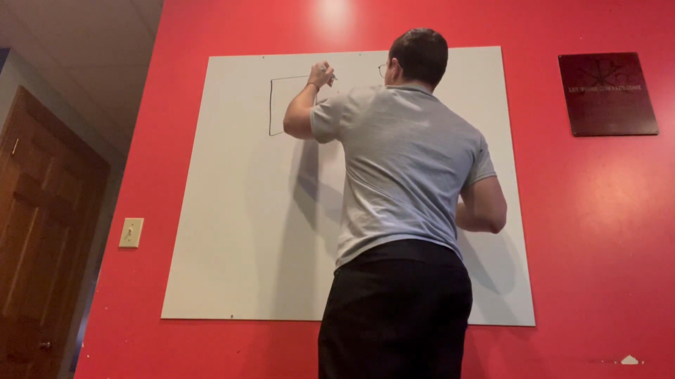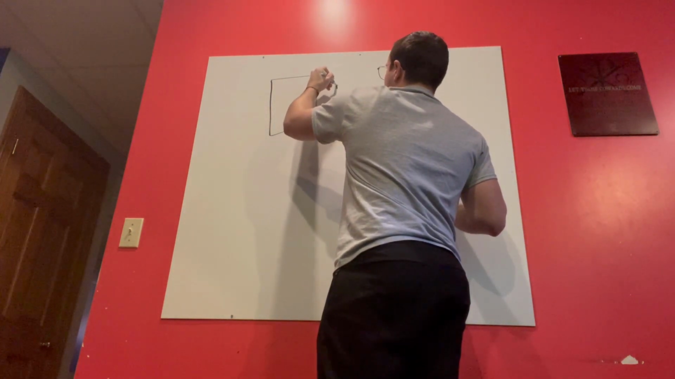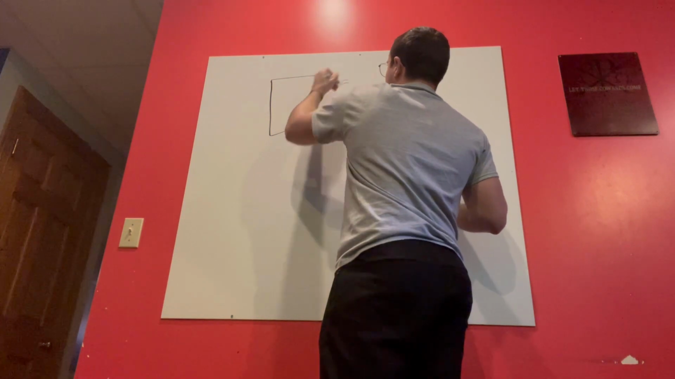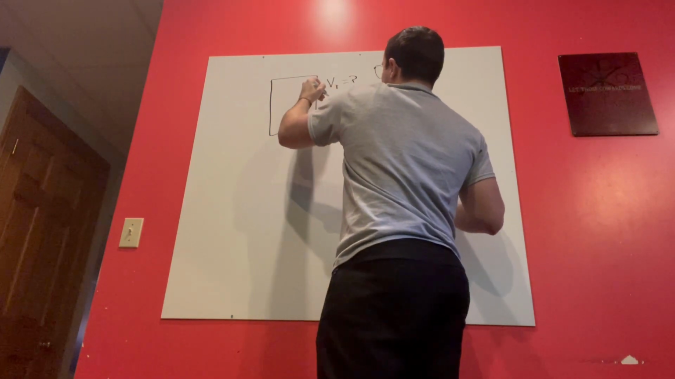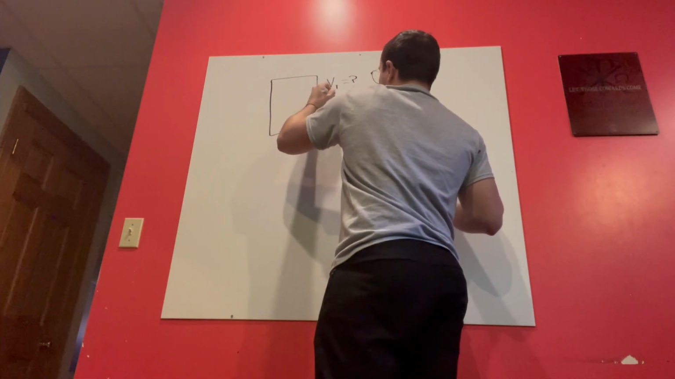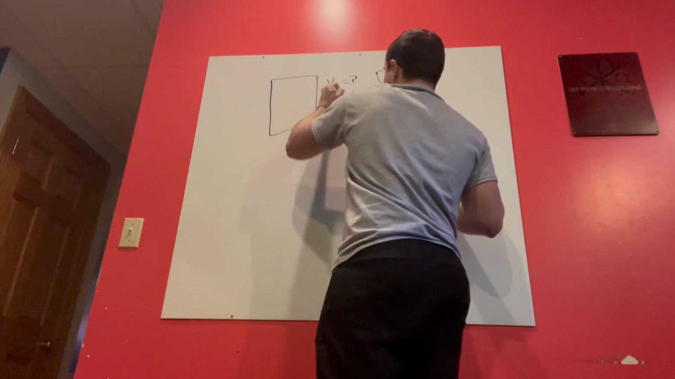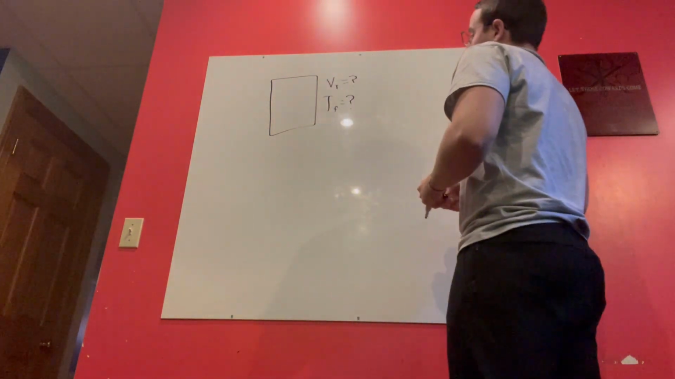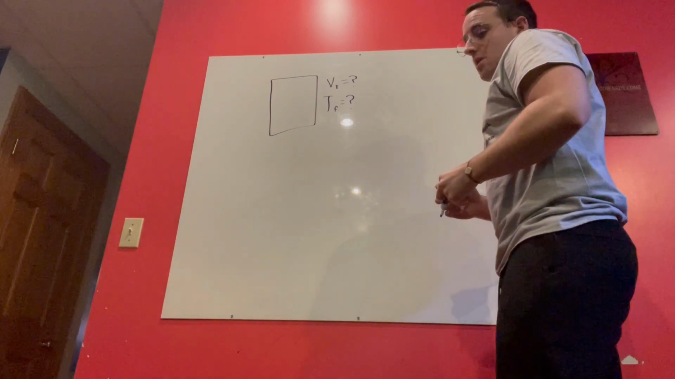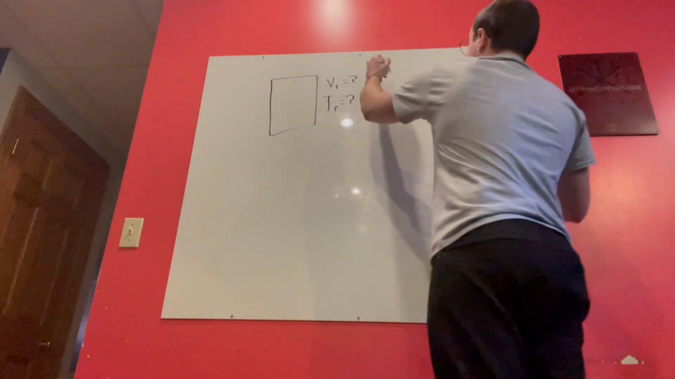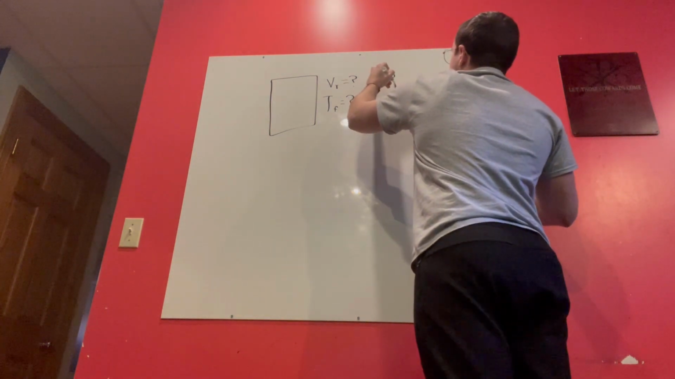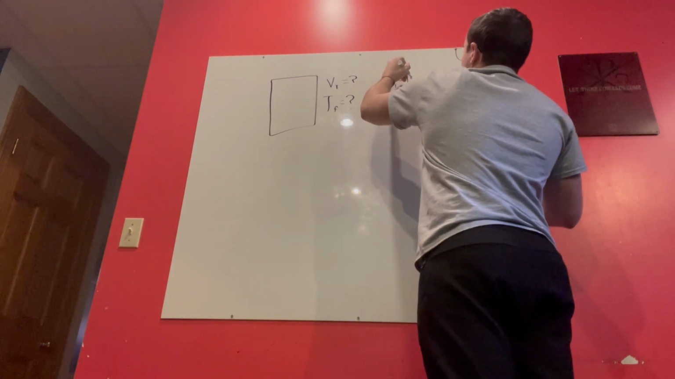So we're just going to call that VT, and that is unknown. And then we're also looking for the final temperature, so TF. And then our knowns, one of them is our initial pressure, which is PI, which is